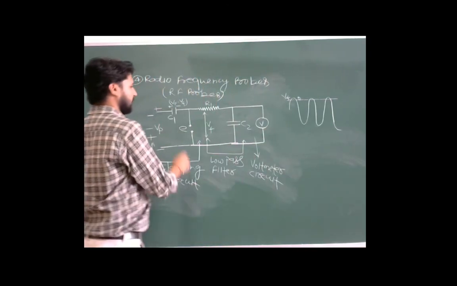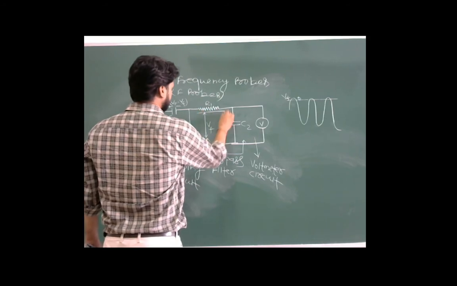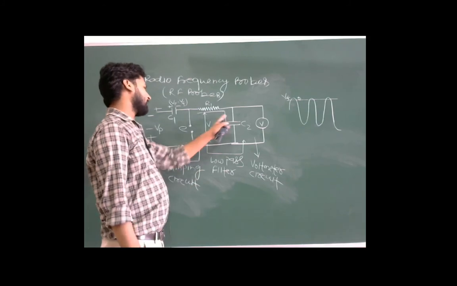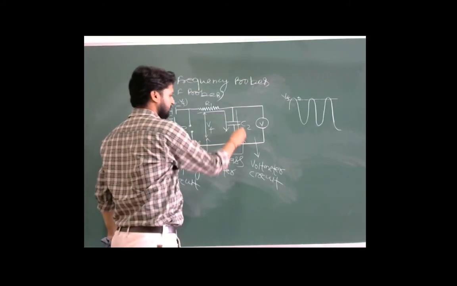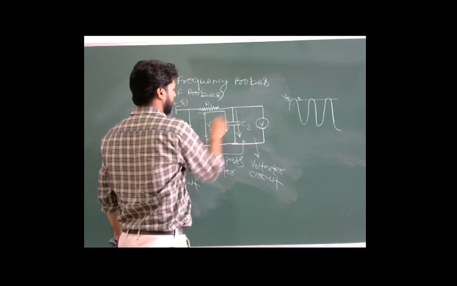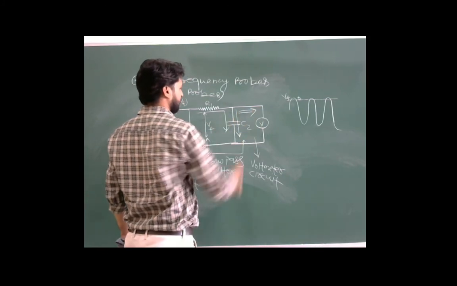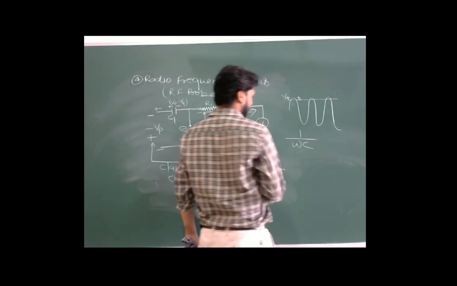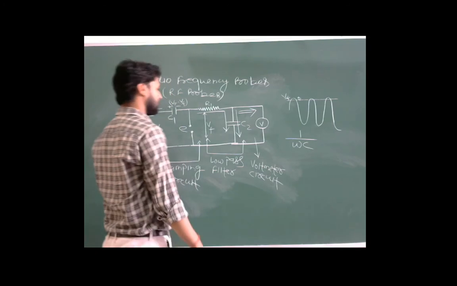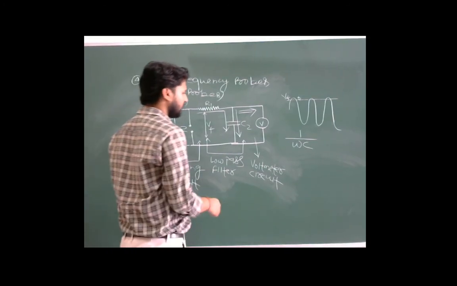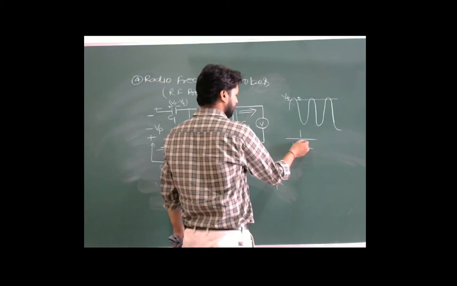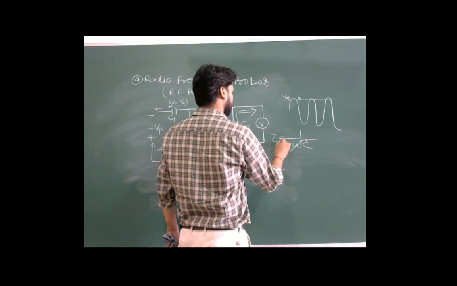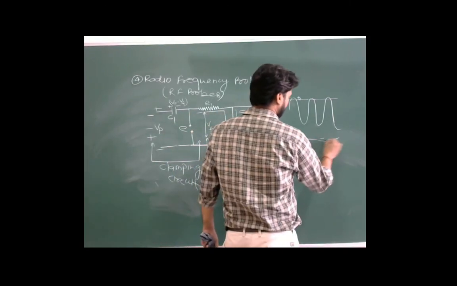Now this signal will pass through this resistance and this capacitor, which is a low pass filter, and this capacitor will bypass the AC signals in this way, and the DC signal will pass to the voltmeter circuit, because the impedance of the capacitor is 1 over omega C. Suppose the input signal is a DC signal, DC signal means the frequency of this signal is 0. If the frequency is 0, it means that the impedance of the capacitor will be infinite.